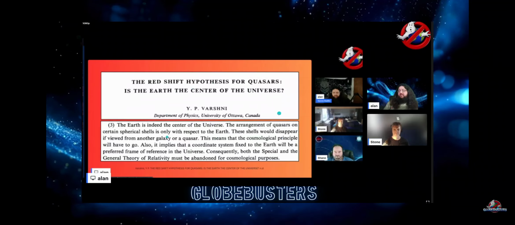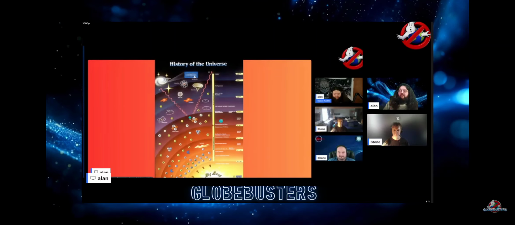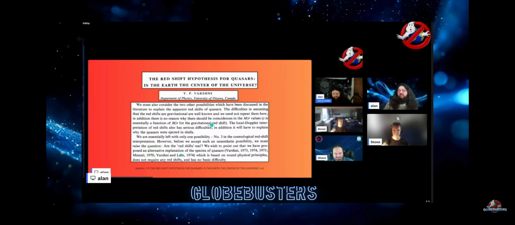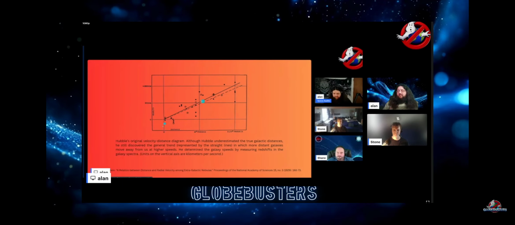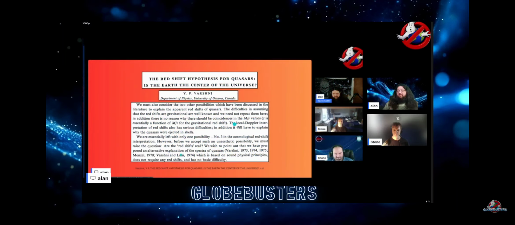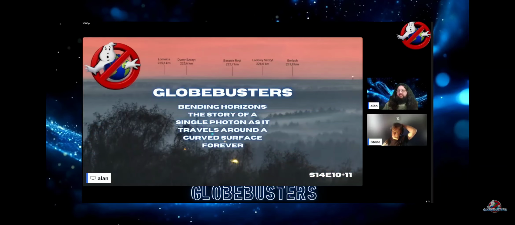And the third explanation is, of course, to abandon the cosmological principle and special and general relativity, because none of those coordinate systems that describe mainstream cosmology that tie all this together are physically meaningful. And then he ends on saying, nah, maybe we'll just throw out our interpretation of redshift, which was proposed by Hubble here, which establishes a linear relationship between velocity and distance. So he's saying maybe they can throw that out and ignore it and keep their conceptual model going.